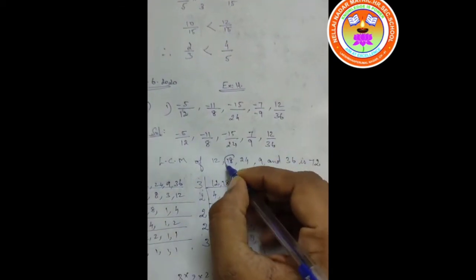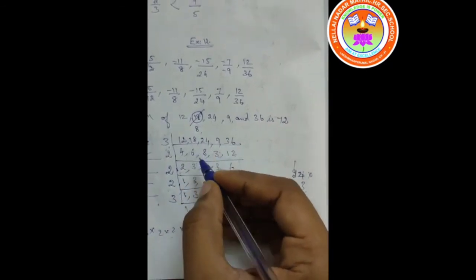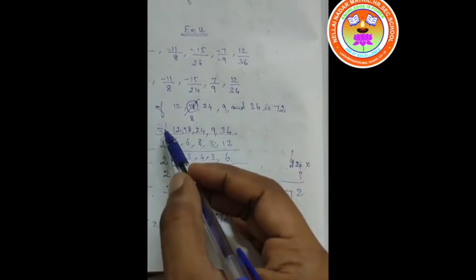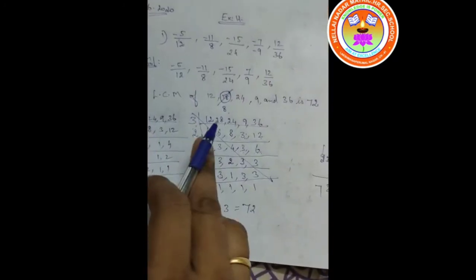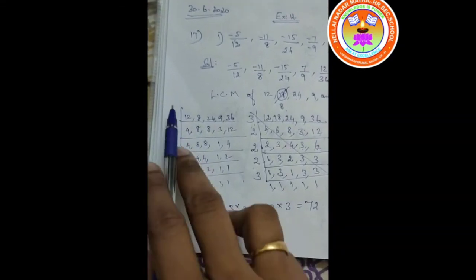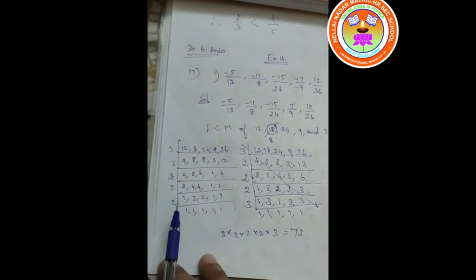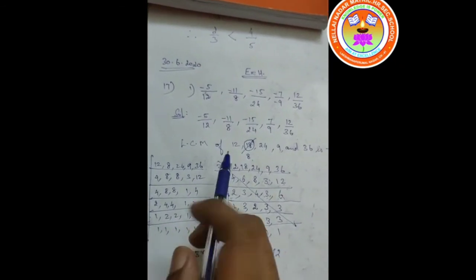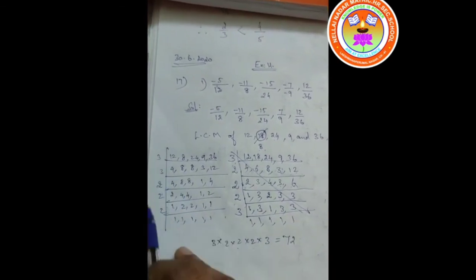Yeah, the only thing you have to change is this 18 into 8. Strike this 18 out and write it as 8. Here you strike out this LCM and copy down the new LCM. It is nothing but a mere change, this 18 you change into 8. Like this you do the LCM, but the answers are the same only. 3 into 3 into 2 into 2 into 2, 72. The remaining parts are all changed only. The only two things you have to change is this 18, you strike it out and write 8. Here this LCM you strike it out and write this LCM.